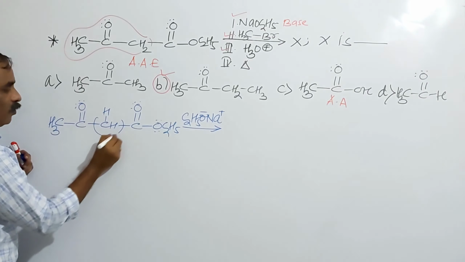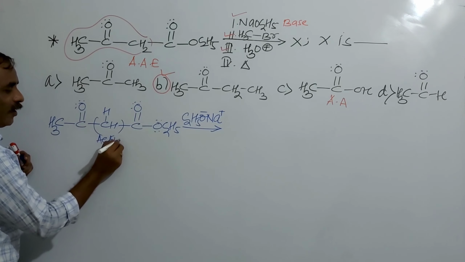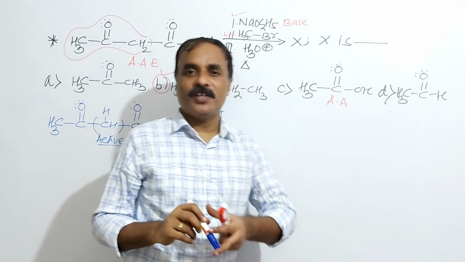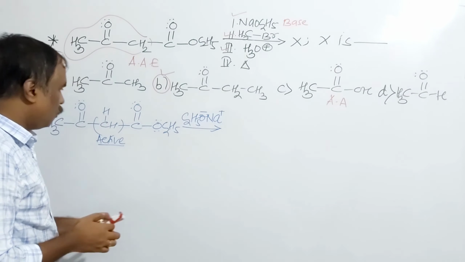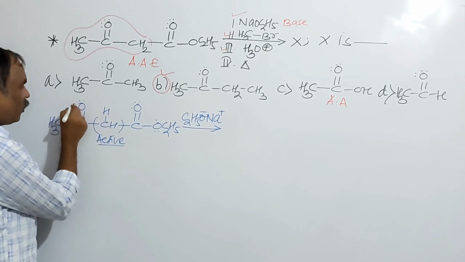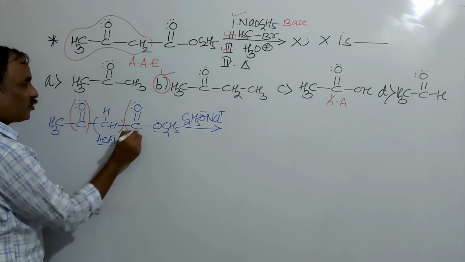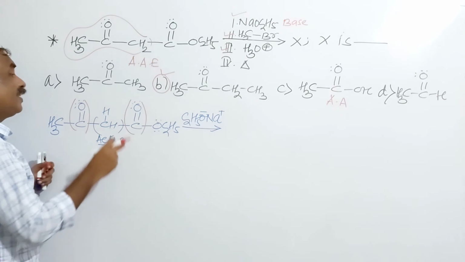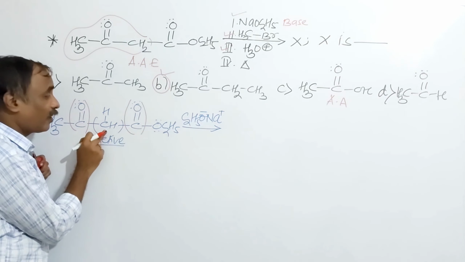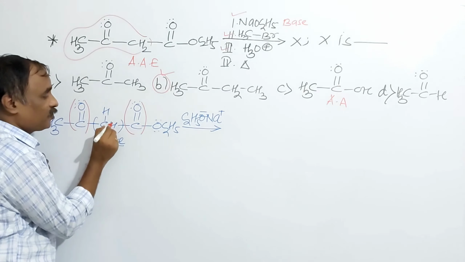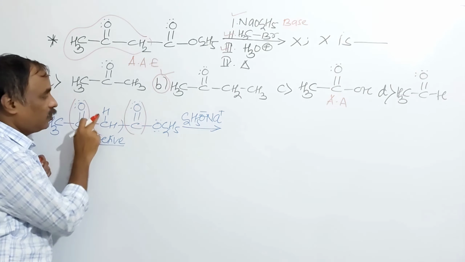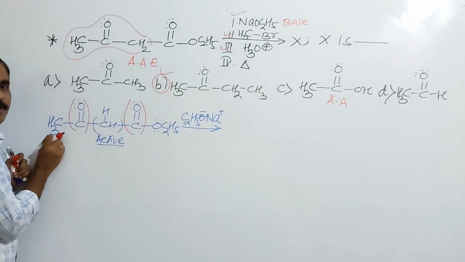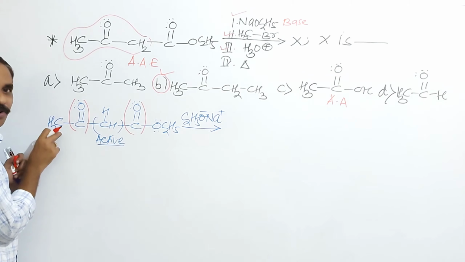So this group is active methylene. So what is active methylene? Which methylene group is said to be active methylene? Here this methylene group is surrounded by two carbonyl groups, electron acceptors, electron withdrawing groups. That is why this methylene group is said to be active, and whatever hydrogen atoms are present on this active carbon, these are more acidic compared to methyl hydrogens, methylated protons.